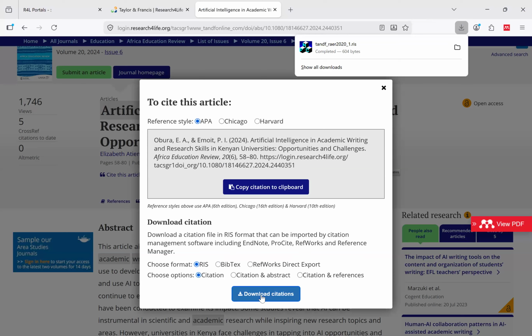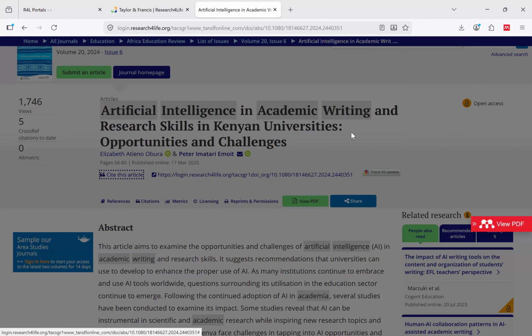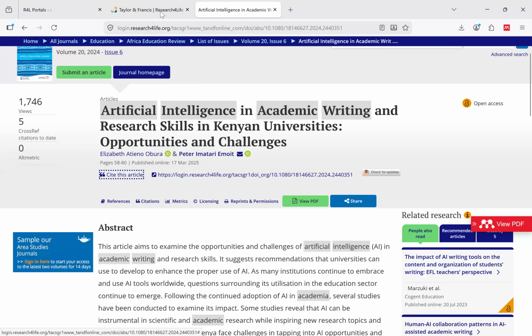My reference management tool is not open, that's why it's behaving like that. But when I click on Download citation, it should give me the option, then it goes and I send it to my reference library. But here I'm just showing you what to do, because every publisher has a cite option. Okay, now, like I mentioned, I click on View PDF, download that article, and should be able to download.